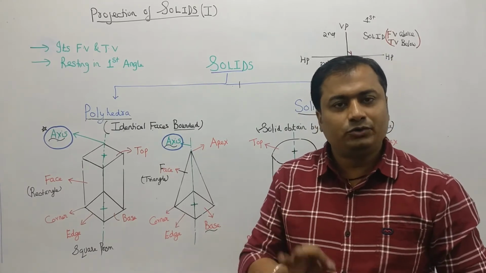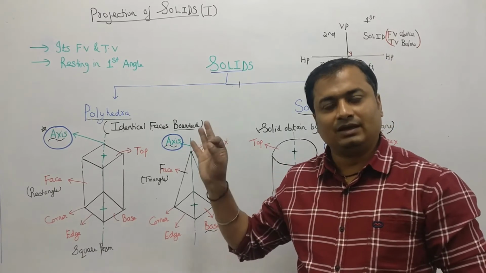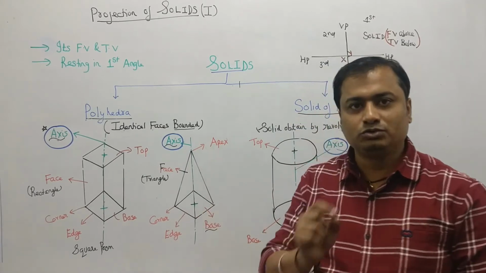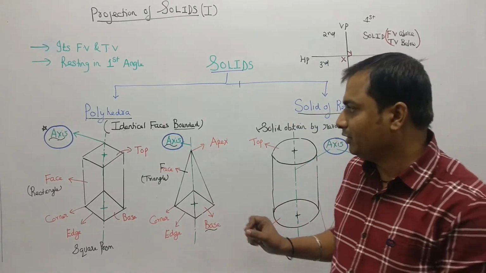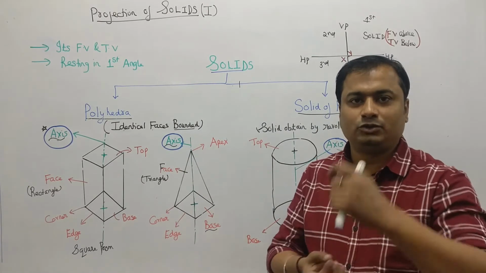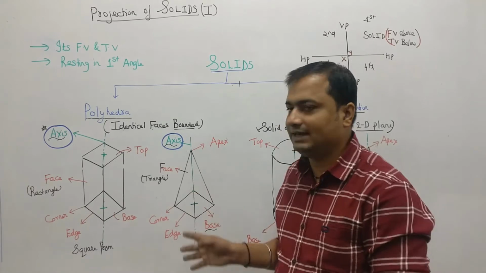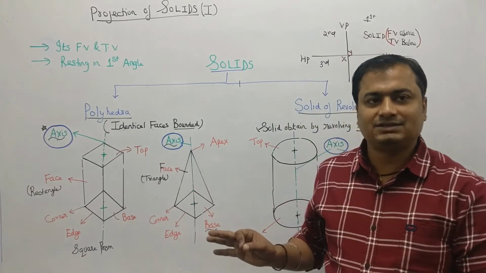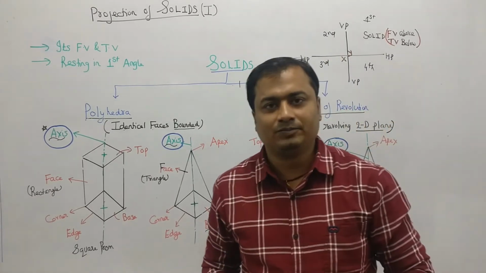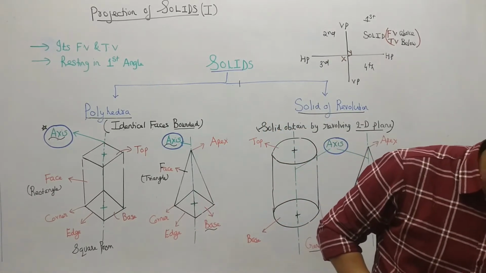So we are going to utilize the line concept here, as we did in the last topic, that is projection of line. Again we are going to use some concept of line, because the axis is nothing but an imaginary line joining 2 points. Now all the cases of the solid depend on the axis of the solid. Case means a solid in the first angle.